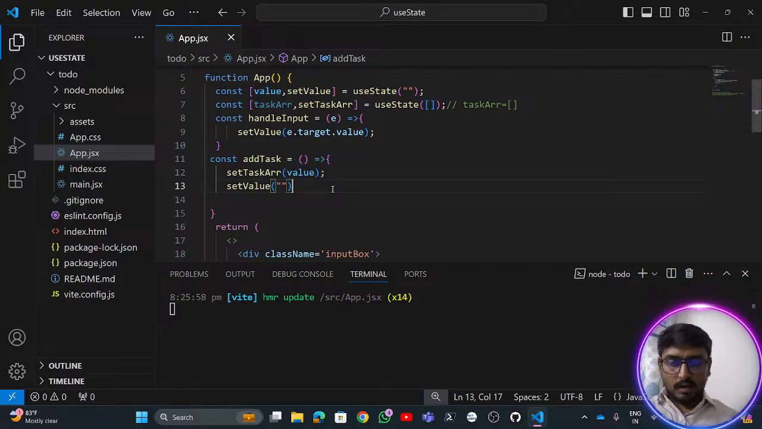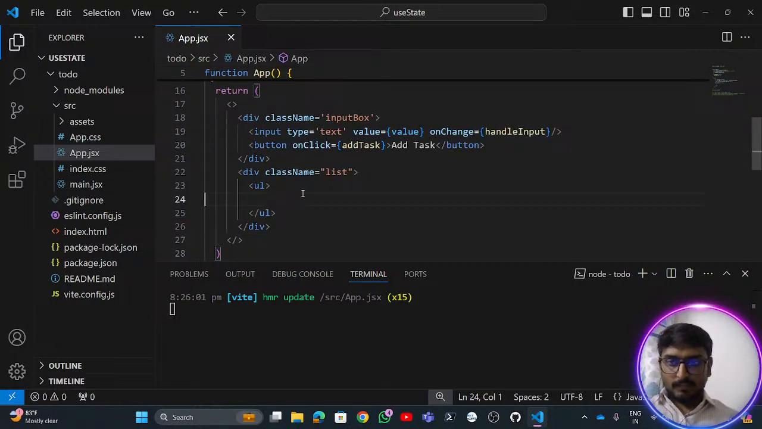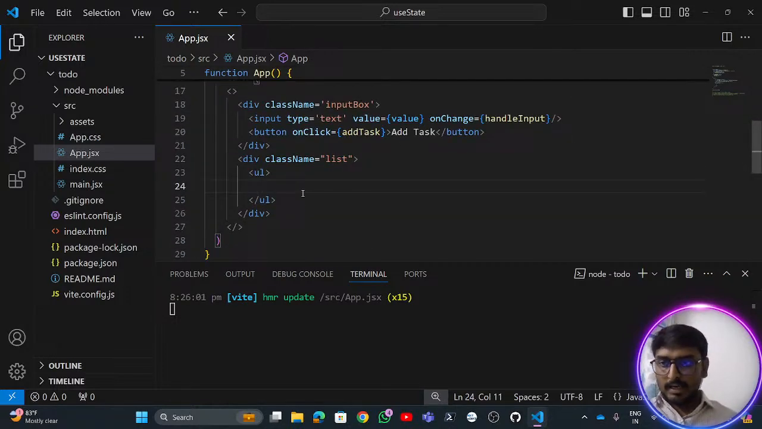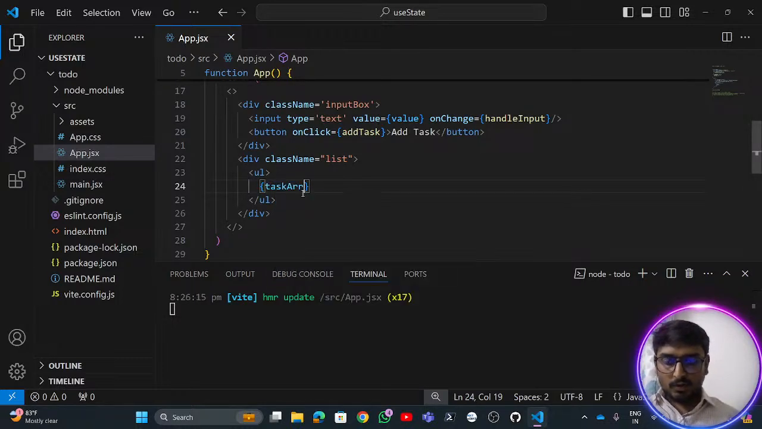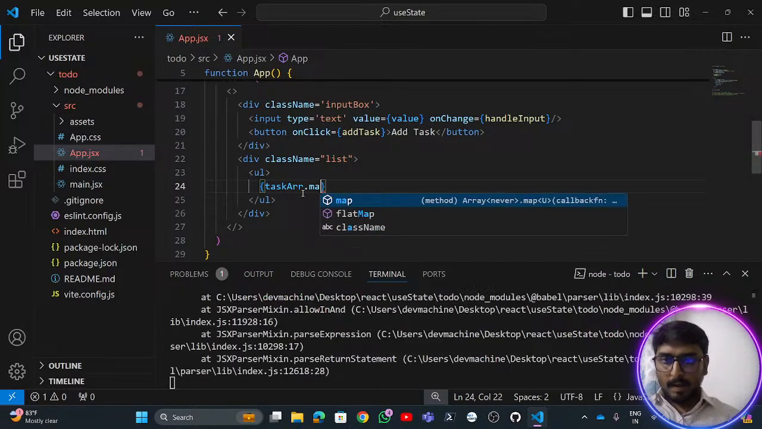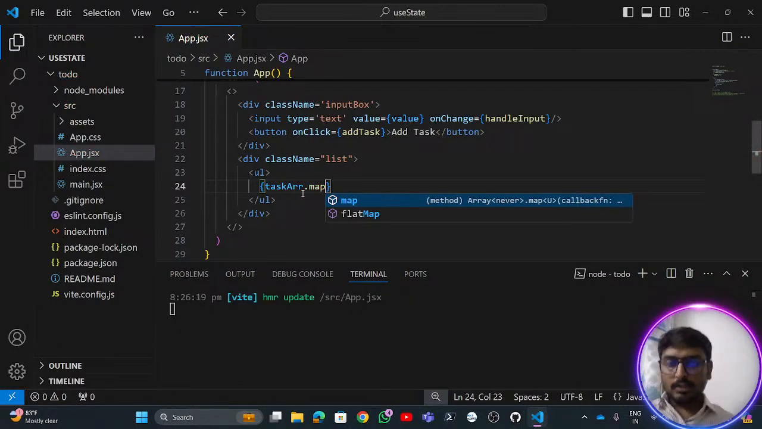Now after this, instead of using it, the thing which we have already seen is how to render a given list, which is nothing but writing a map function. So for which I'll say task array dot map. I'll say instead of doing this particular thing,